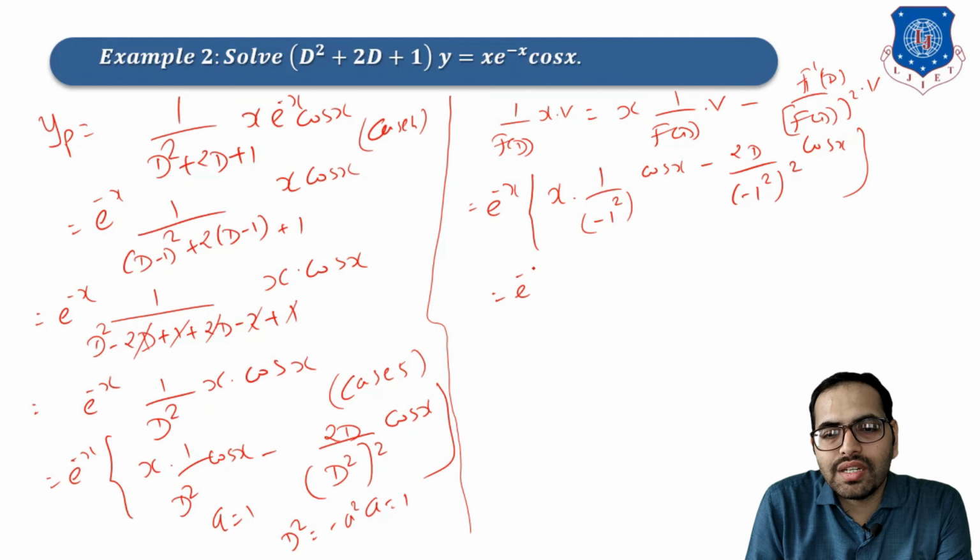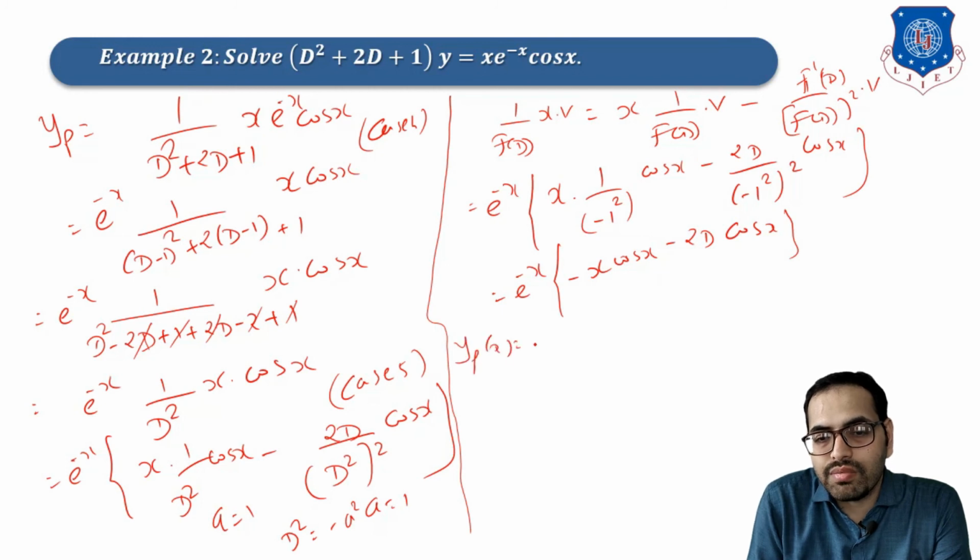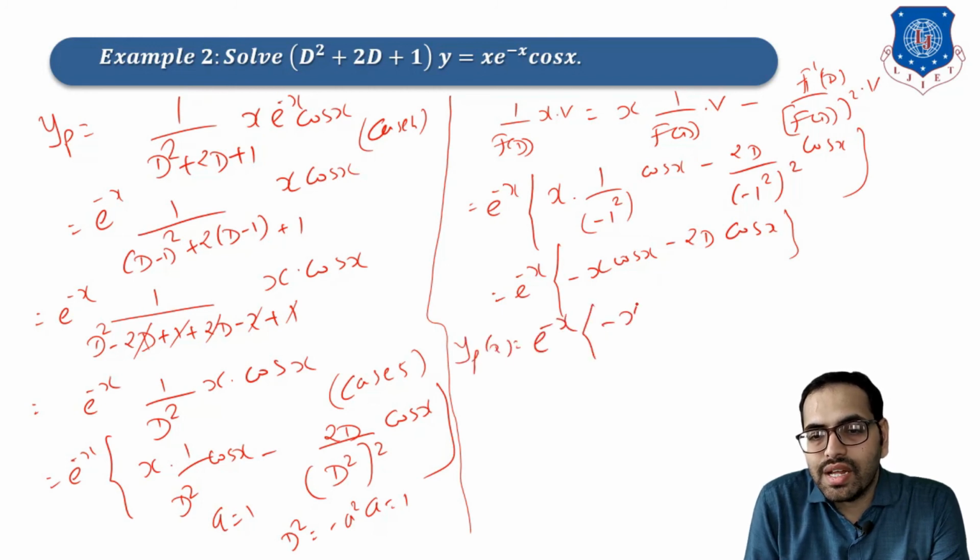Now just simplify that term: e raised to minus x, minus x cos x minus 2D upon (minus 1) whole square into cos x. In the denominator portion we can also apply direct two times integration. Here D is the d by dx of cos x. Then our yp of x becomes e raised to minus x cos x, derivative of cos, obviously minus sign,